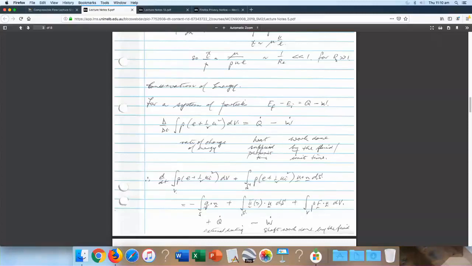And that's equal to the external heating, and the stress tensor, and the work done by the stress on U, and if there's an external body force, then that might be the gravitational force, and that does work as well. So that's the full equation, and then,